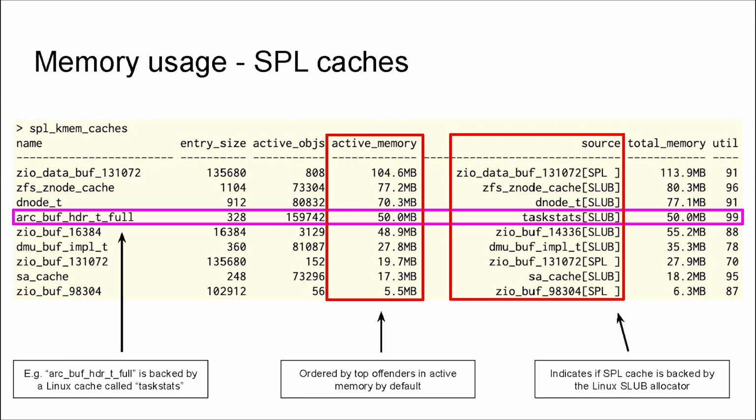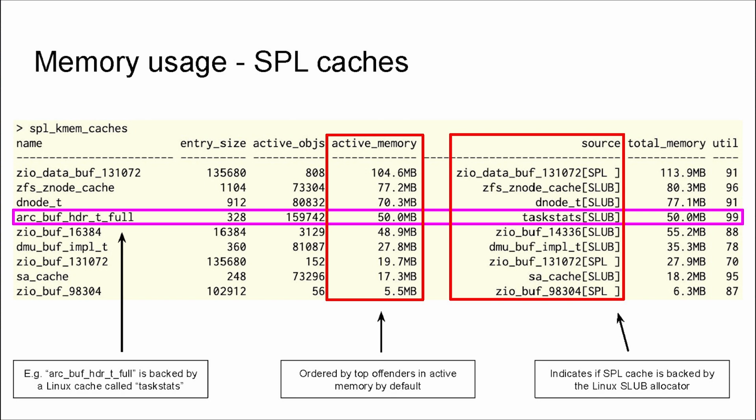And for bigger ones, we use caches maintained on the SPL layer. So that's pretty useful to know and see where to look for different things. Specifically, with the Linux slab allocator, merging, basically putting two different caches together sometimes just to save space, you can be even more specific and say, okay, arc_buf_hdr_t full is a cache that's backed by Linux slab, and it's actually part of the task stats